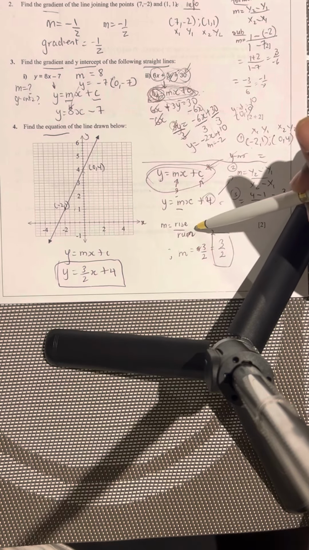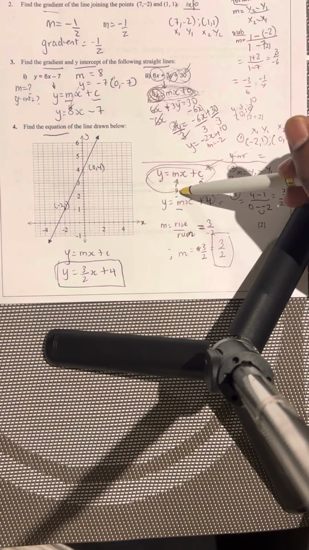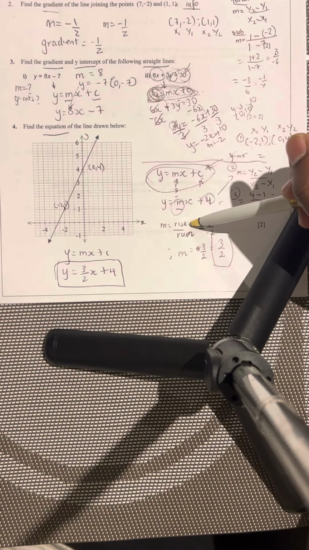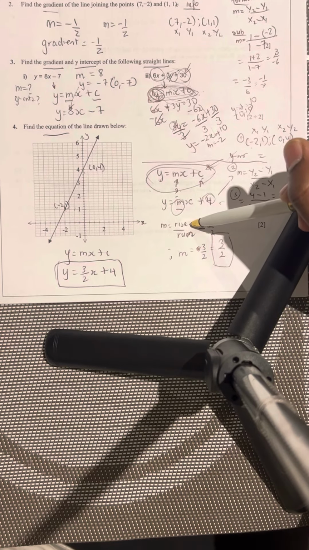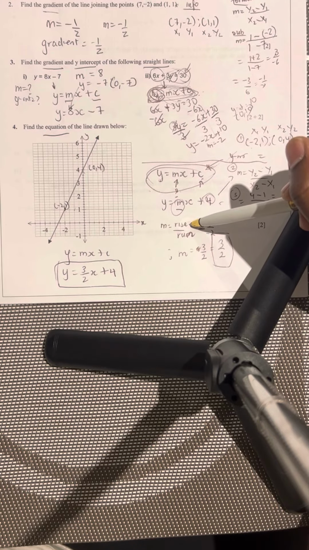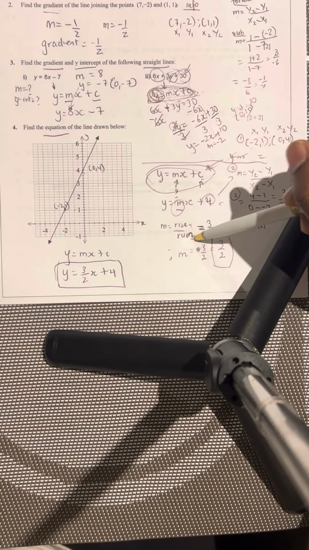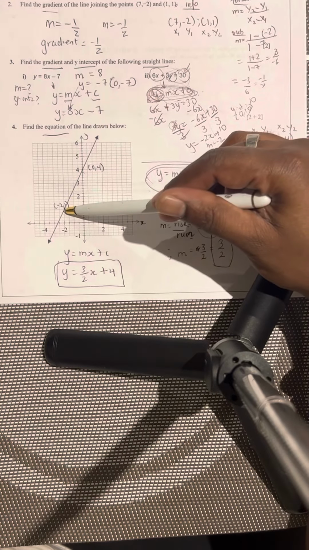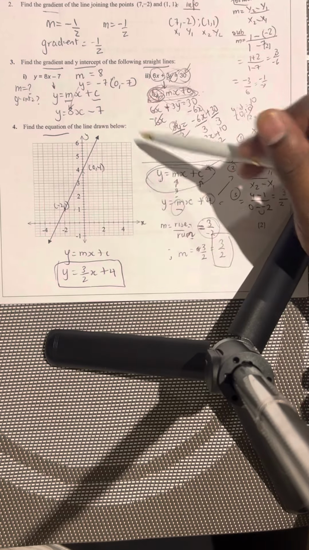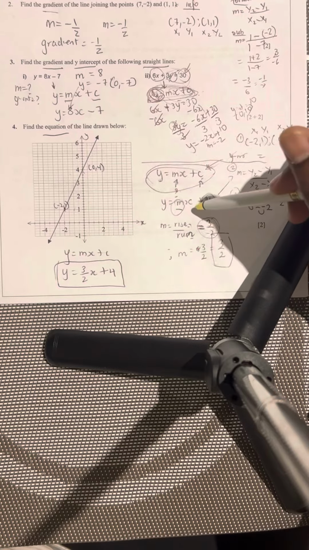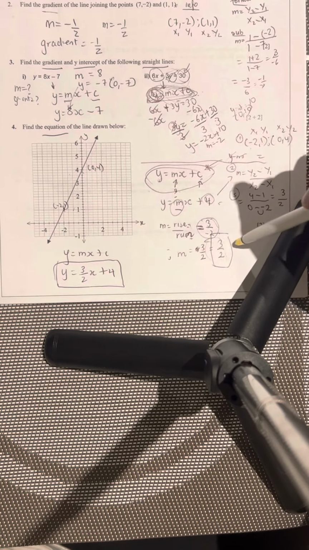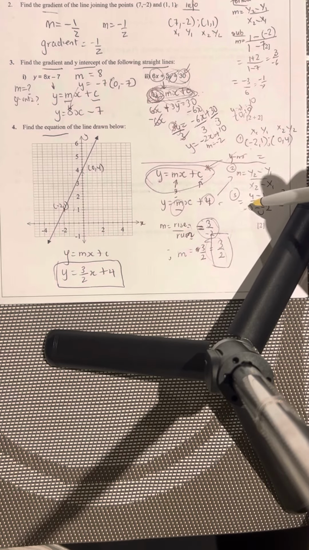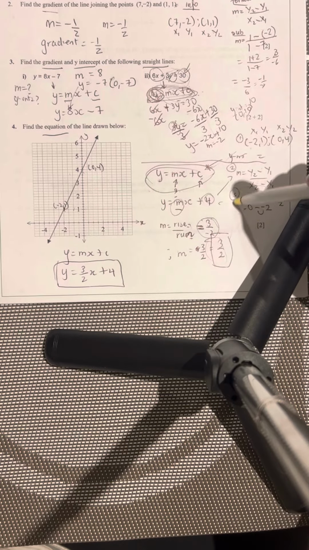The second thing I did was, the only thing I need to find out now is the gradient. Make sense of what the gradient is. It's the slope, the rate, basically the rise over run. Here, how much is it rising from this point to this point? Just counting the units, 3, and it's running by 2, so 3 over 2. If you want to double check your answer, you can also use the formula. And this is how you work it out